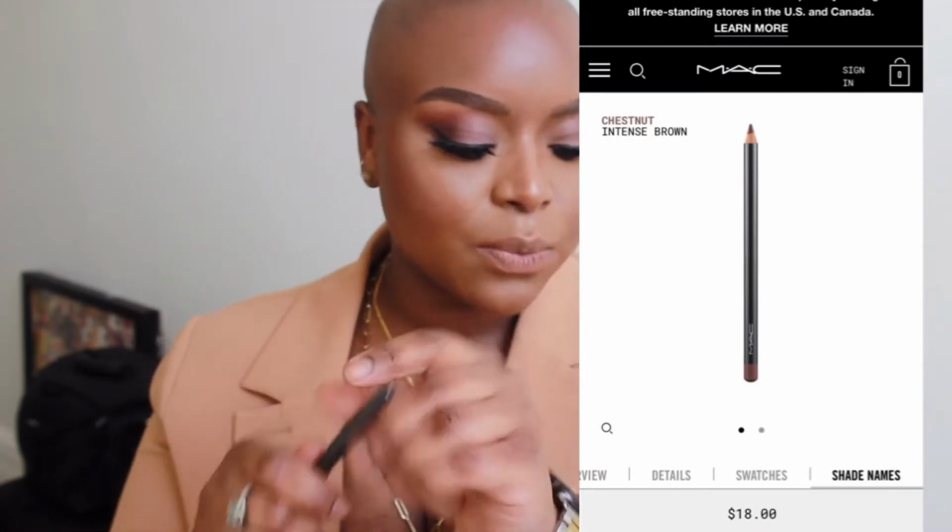This is Chestnut. The reason why Chestnut will look really nice with this is because Chestnut has a little bit of red in it, so it's going to blend really nicely with nude lipstick colors that have a little bit of red and a little bit of pink. So let me put this on. Kind of rub it in a little bit, and now I'm going to pop this